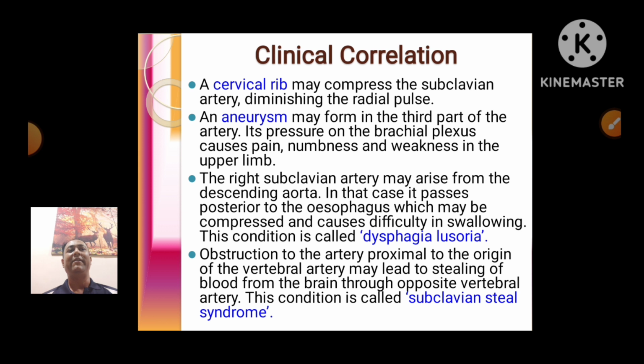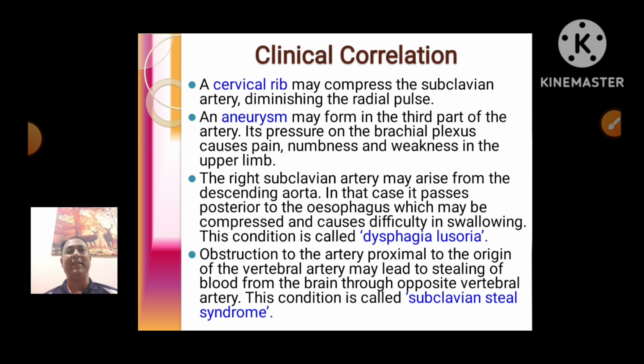Then, right subclavian artery may arise from the descending aorta. एक्चुअली क्या होता है, राइट सबक्लेवियन आर्टरी कहाँ से अराइज होती है? ब्रेकियोसिफेलिक आर्टरी में से, राइट. ब्रेकियोसिफेलिक आर्टरी कहाँ पे है? आर्च ऑफ एओर्टा के राइट साइड में ऊपर की तरफ. पर आर्च ऑफ एओर्टा ऐसे है, पर डिसेंडिंग एओर्टा नीचे है, बिसाइड्स दी स्टर्नम, स्टर्नम के बाजू में।